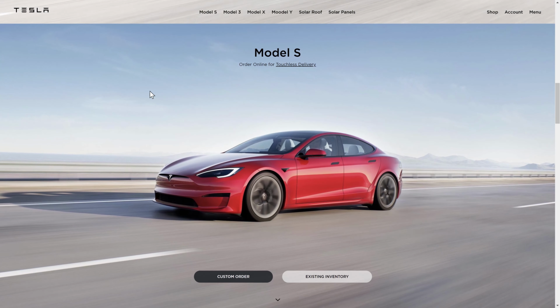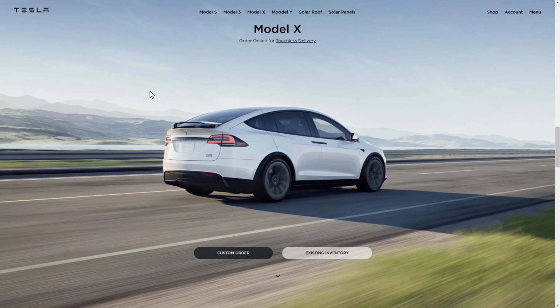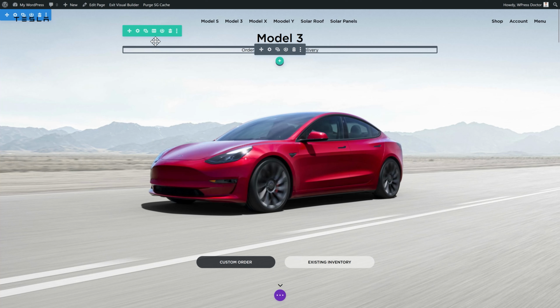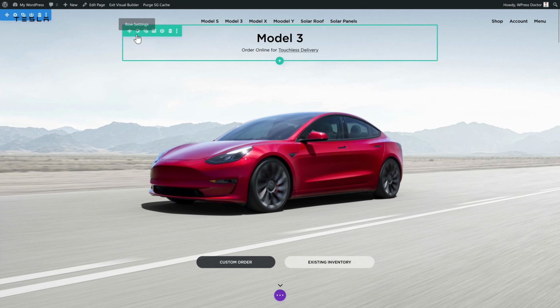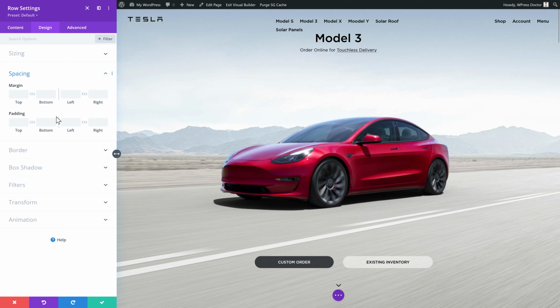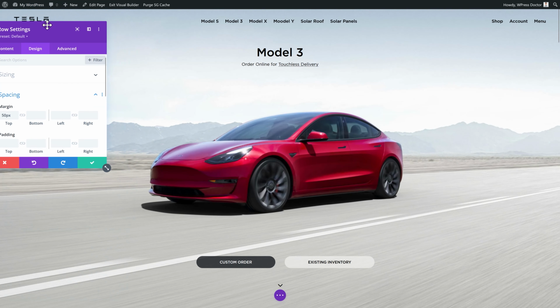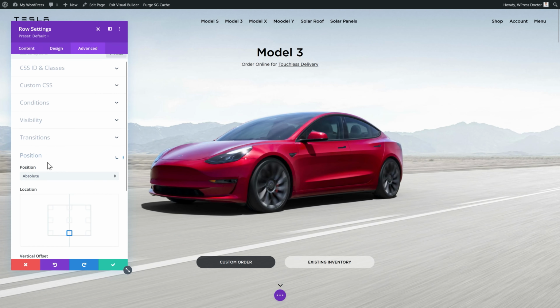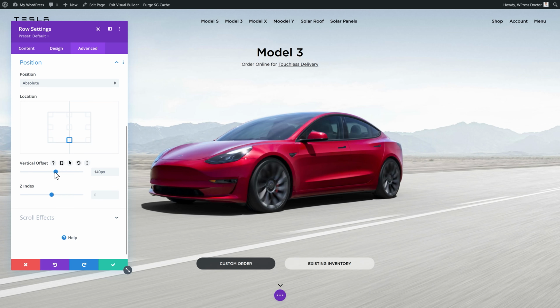The menu stays up and we're actually scrolling down the page. But you can see that there has been some changing in the spacing. So the Model X and Order Online and the custom orders are just way too high. So we go back to our home page and then we go into this row like this. Go to Design, you go to Spacing, and then on the top we're gonna add some margin of 50 pixels like this. And on this one we go to Advanced Position and we're gonna give it some more, like 100.